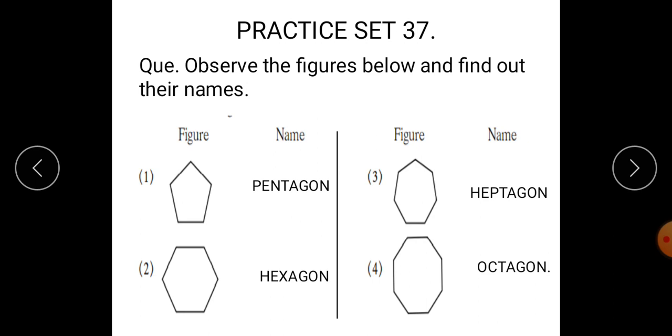Now, students, how is it possible for you to draw a nine-sided polygon or a 10-sided polygon? First, put points on a page of your copy, and then join those points with the help of line segments. Then only is it possible for us to draw these polygons. You have to draw these polygons up to the polygon having 15 sides, and also find out the names of all these with the help of the net or Google. Complete your work on time.